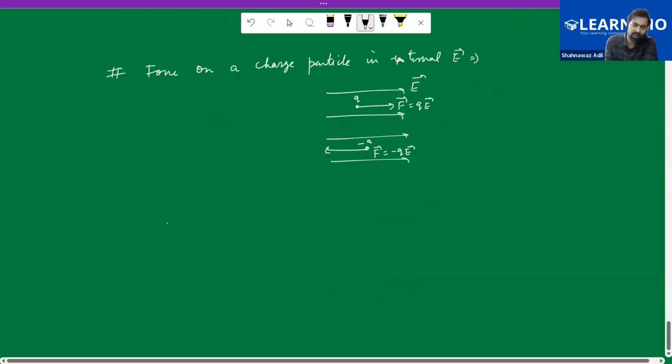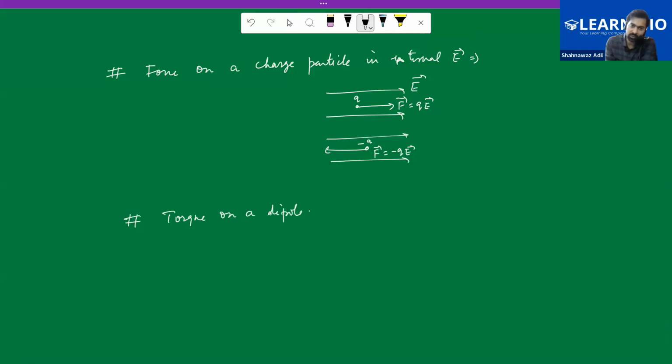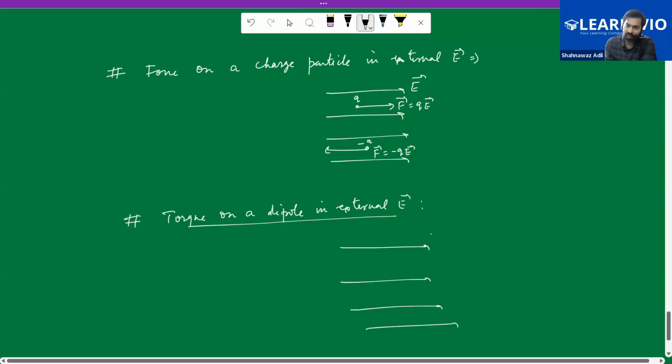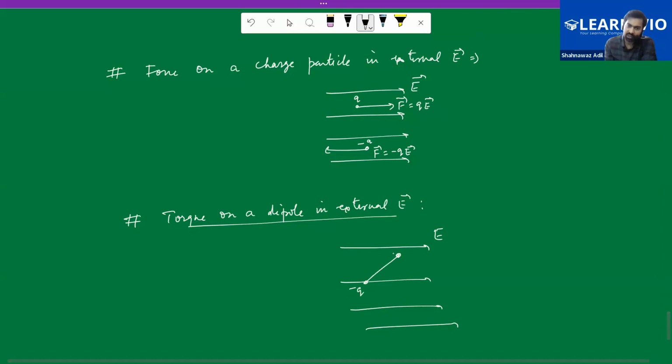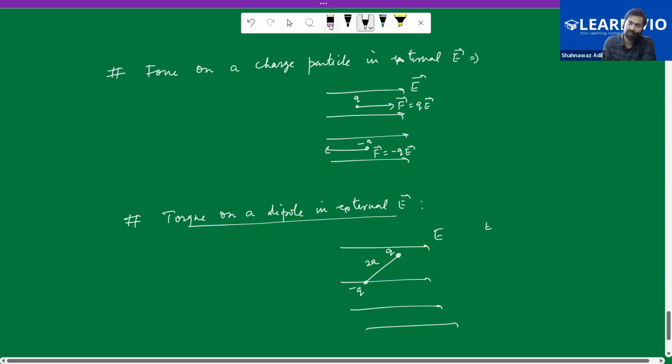And then we have torque on a dipole in an external electric field. So we have this electric field, and we put a dipole in here. This is minus Q, this is Q. This has a 2a distance. So the torque on this dipole would be,